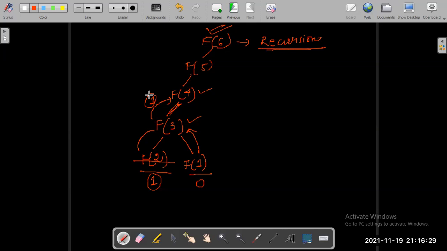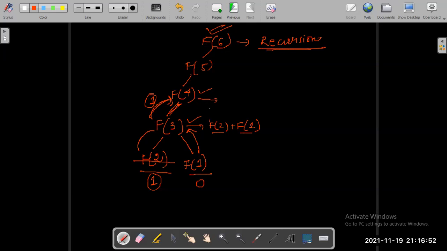F of 3 is equal to f of 2 plus f of 1, right? Whatever values are returned by f of 2 and f of 1 will be added, and the combined result will be passed on to the previous function call. That is 1.